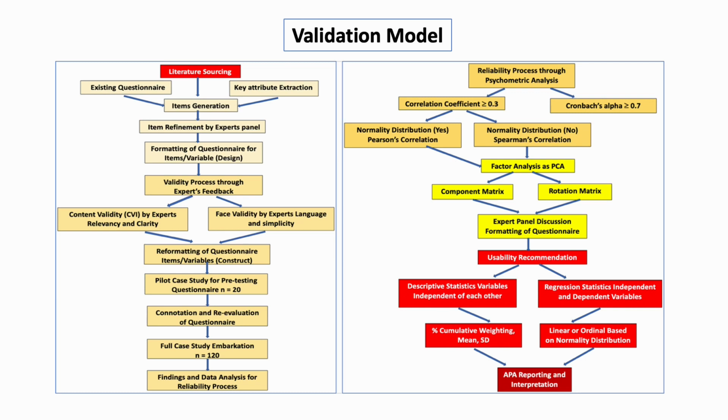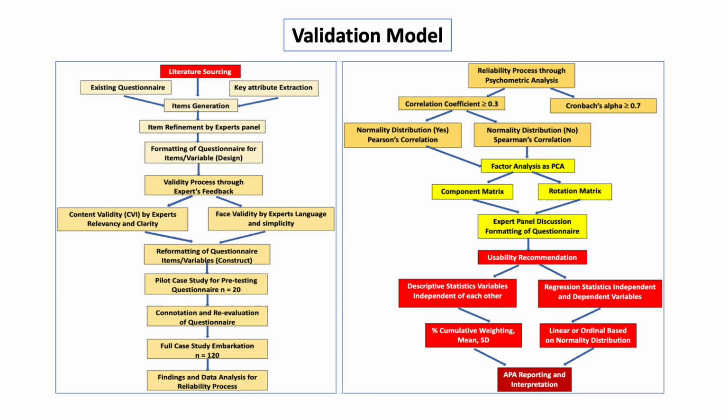So the reformatting of the questionnaire items is done after having received the feedback from the experts, the CVI or content validity index is calculated, and if it meets the requirement, then the pilot study is conducted with subjects from the same vicinity where the full-blown study has to be conducted. But for this pilot study, the number has to be a statistically significant number,